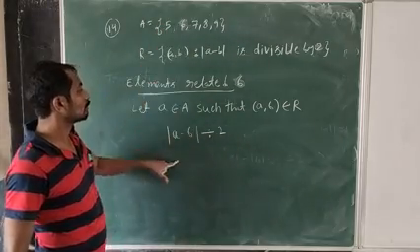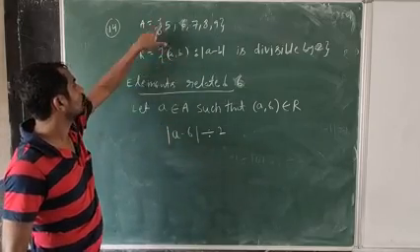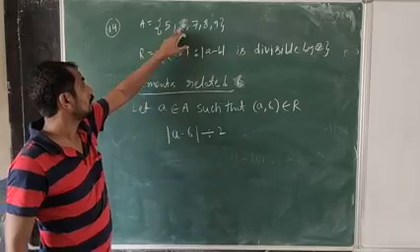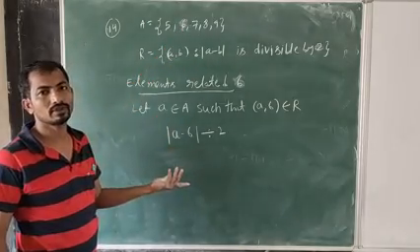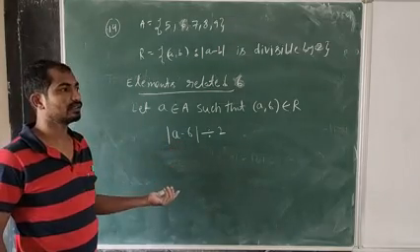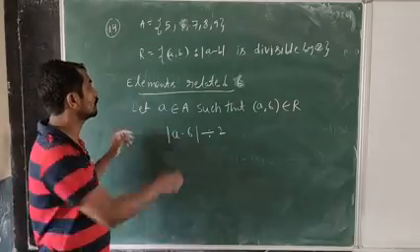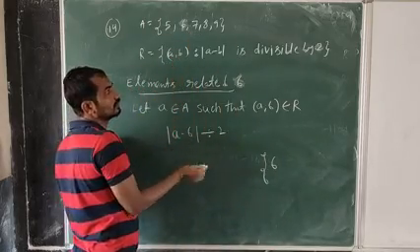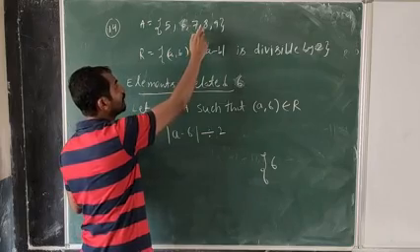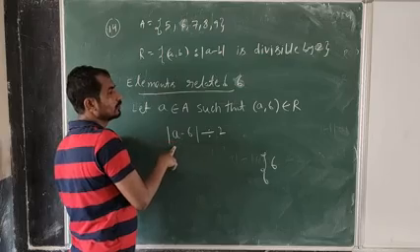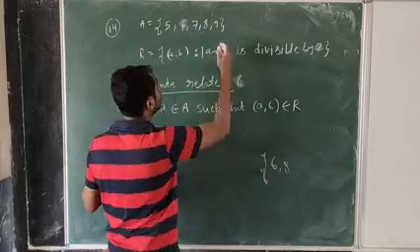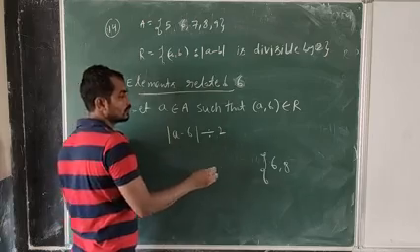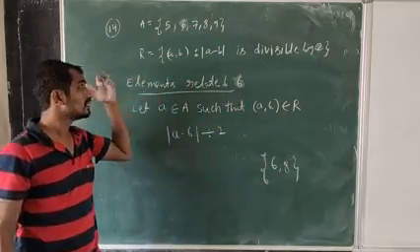Now we can put the values one by one. If I give a equal to 5, 5 minus 6 is minus 1, it is not divisible by 2. If I give 6, 6 minus 6 is 0. Clear? 0 is divisible by 2. That means 6 is one answer. Next, you can give 7. 7 minus 6 is 1, not divisible by 2. And if you give 8, 8 minus 6 is 2, which is divisible by 2. And if you give 9, 9 minus 6 is 3, it is not divisible. So the answer is 6 and 8.